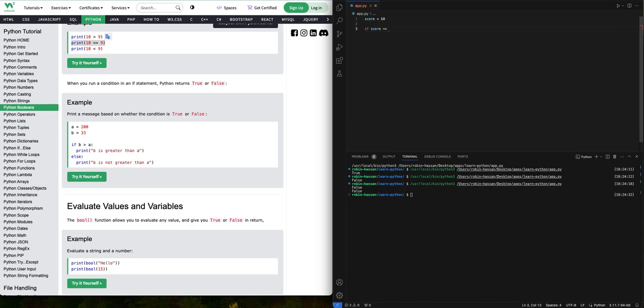Initially we can say grade equal to None, and if score equal to 50, we can say grade equal to A. We can say else if score equal to 60, we can say